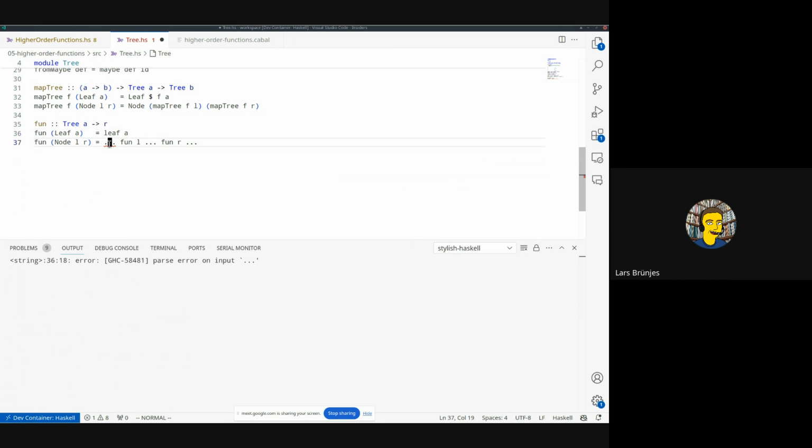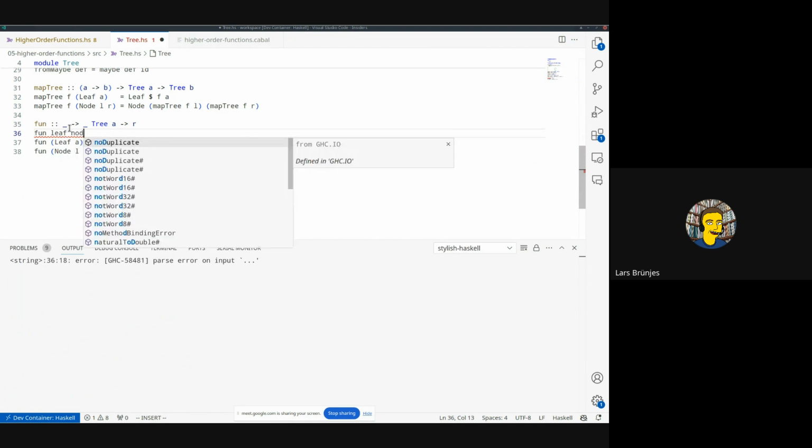And let's call this lowercase node, which I apply to recursively calling the function on the left and the right subtree. So now again, I have to somehow introduce parameters for these. I don't know yet what the types are, but I know I have fun of leaf and node, and that's go,